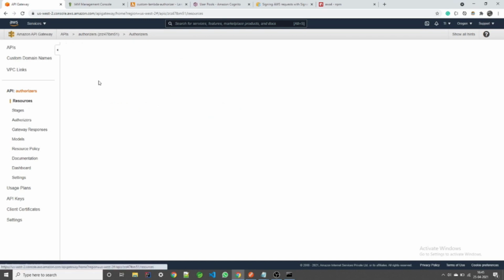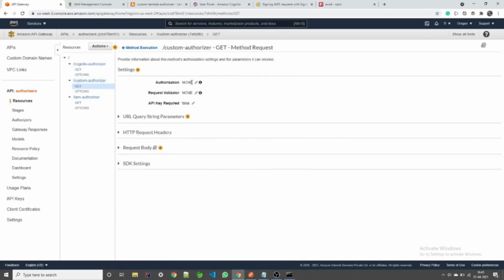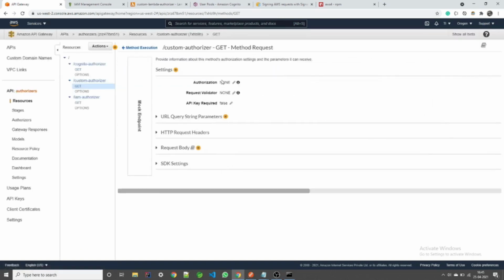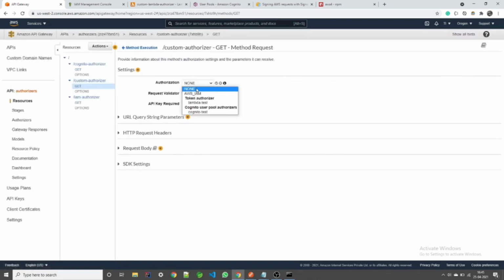Then I'll go to the resource and configure this authorizer on the resource called custom authorizer. I haven't got it in the list, so I will refresh the page. Now I should get the authorizer in the list. Yeah, I have got the Lambda test authorizer.